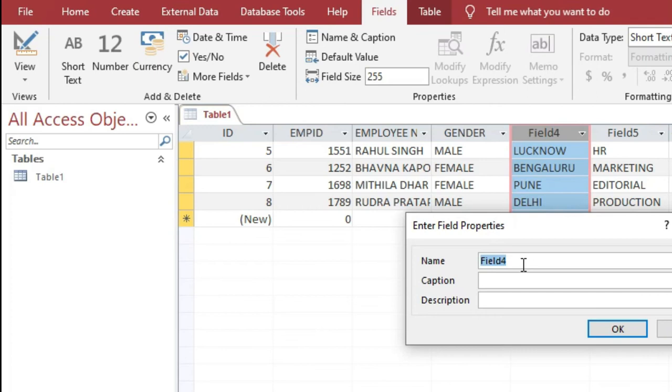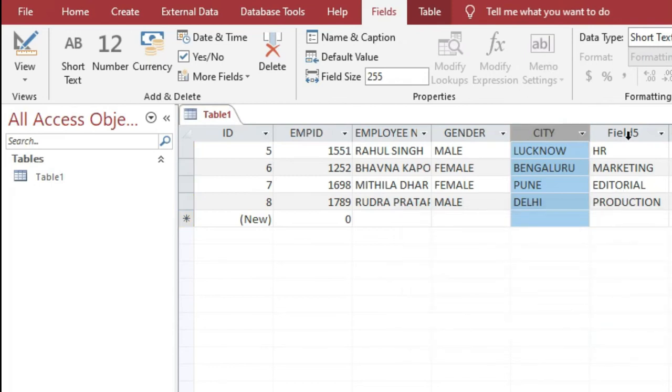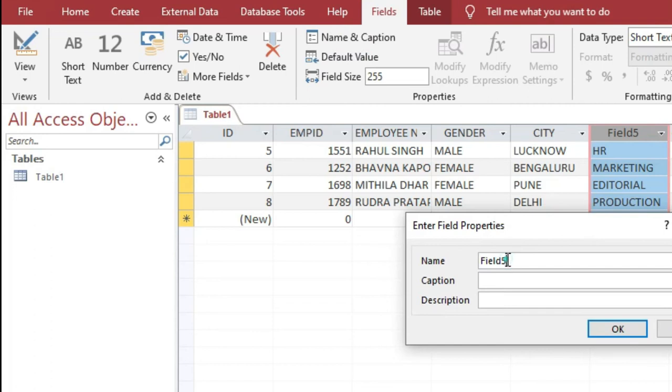Here it is city, and then click on the OK. And for field 5 same, click on the name caption, delete this name and write your desired field name, okay, and then click on the OK.